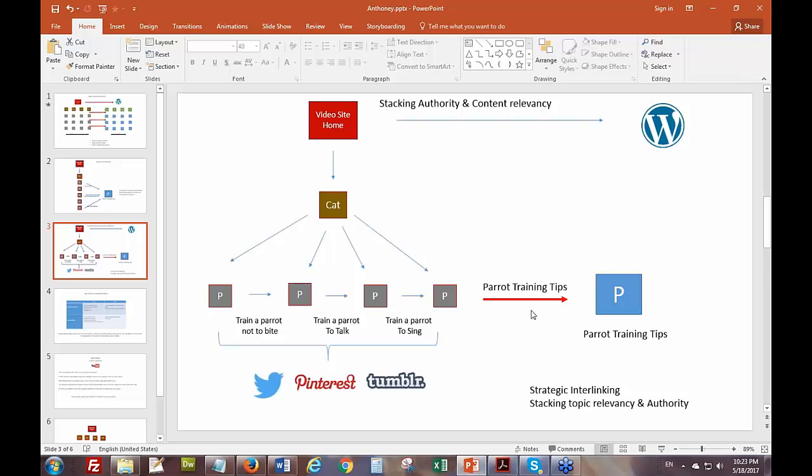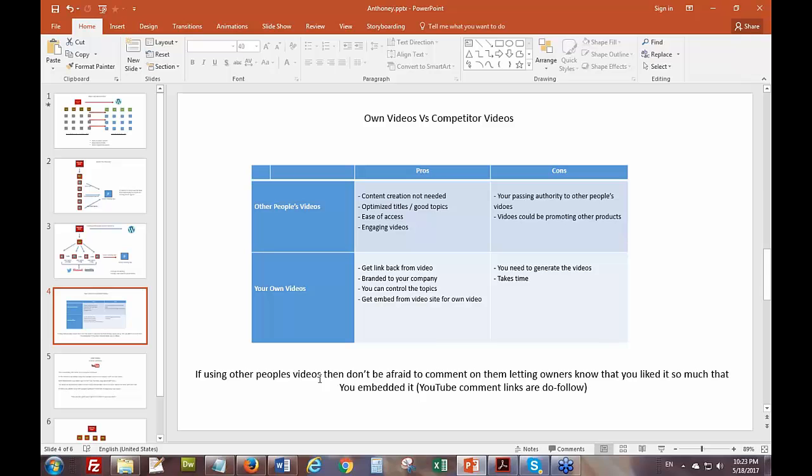It's really cool. You're able to stack topic relevancy and authority, and at the same time with WP video sites you can go out there and get social links to all of these as well, and really send down the authority and the relevancy factors to your main post. Now this is a slide that we also share inside of the tutorials